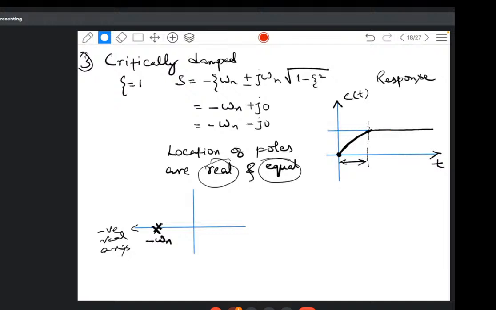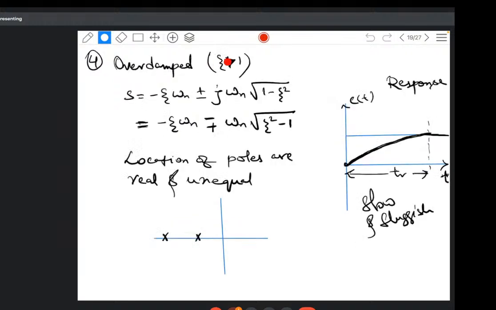The last part is the overdamped system. Overdamped system means zeta will be greater than 1. For zeta greater than 1, first write the roots of the characteristic equation: minus zeta omega n plus minus j omega n under root 1 minus zeta square. This is how the roots of the characteristic equation, or the poles of the closed loop transfer function, look. Now you put zeta greater than 1, any value, say zeta equal to 1.5 and omega n equal to 10. So this will be minus 1.5 into 10, that is minus 15, plus minus j omega n under root 1